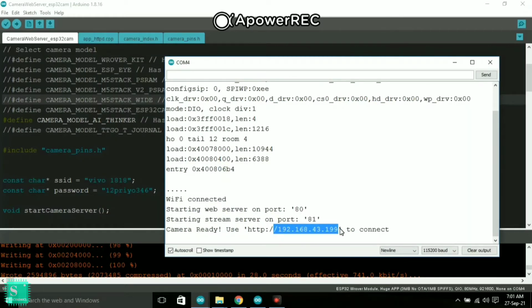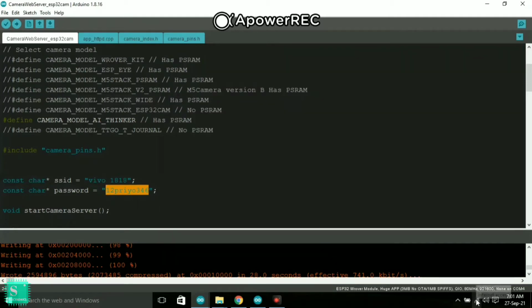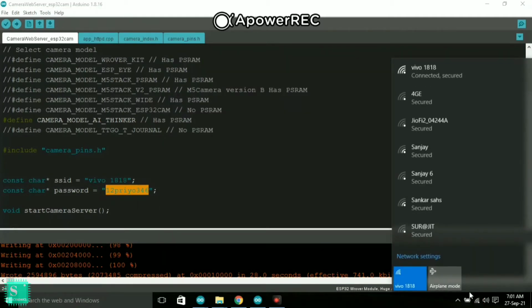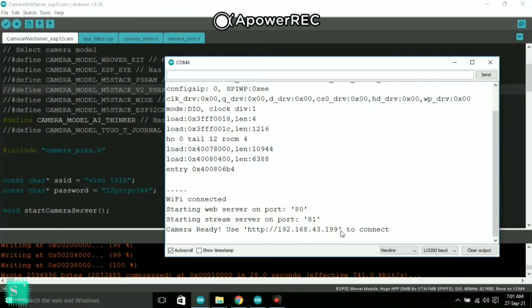This IP address will not generate, and several dots will generate here in place of only 5 or 6 dots, if you do not connect the hotspot to this device whose SSID is this and password is this. Okay, you must make sure that your hotspot is connected to that device. You can see here that it is connected. And here is the IP address. Now just copy the IP address and paste it in Chrome, and you can activate your camera now.